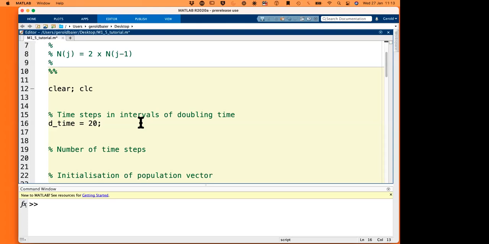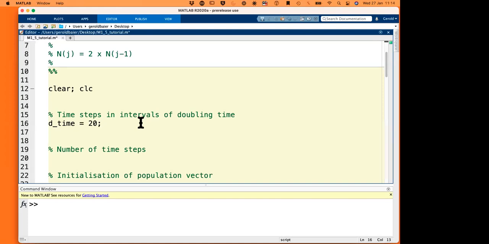So there's this famous number, it's very artificial, but it's supposed to be 20 minutes for E. coli doubling under certain conditions. So if we just assume the doubling time is 20, say minutes, but that's only in parentheses. MATLAB is of course agnostic to time units, but if we define 20 as representing minutes, then it's the doubling